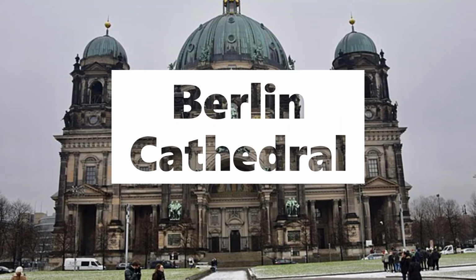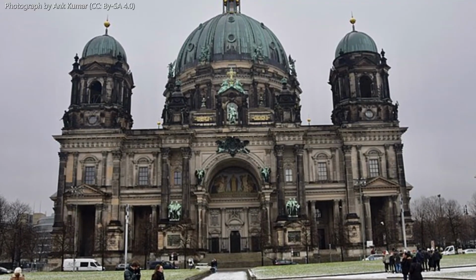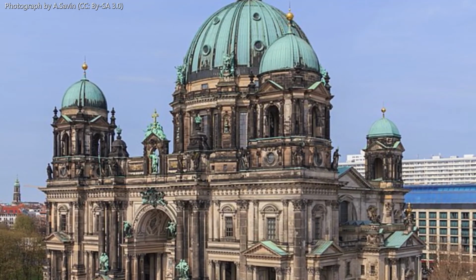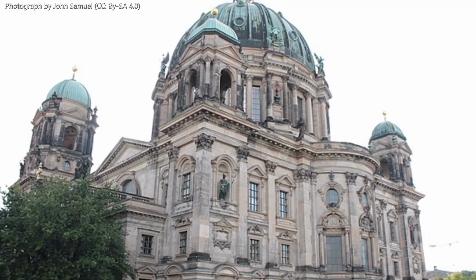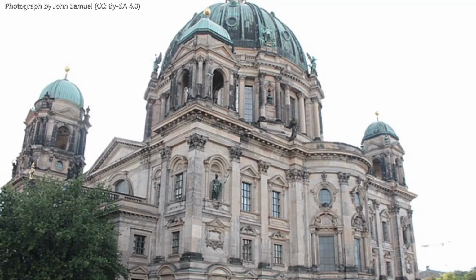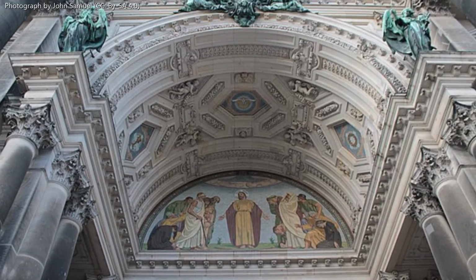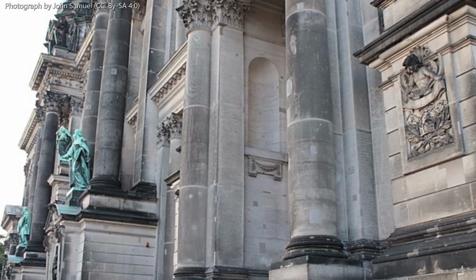Number 1. The Berlin Cathedral. The Berlin Cathedral, also known as the Evangelical Supreme Parish and Collegiate Church, is a monumental German evangelical church and dynastic tomb on the Museum Island in central Berlin. Having its origins as a castle chapel for the Berlin Palace, several structures have served to house the church since the 1400s. The present building was constructed from 1894 to 1905 in Renaissance, Neoclassical, and Baroque Revival styles, by the